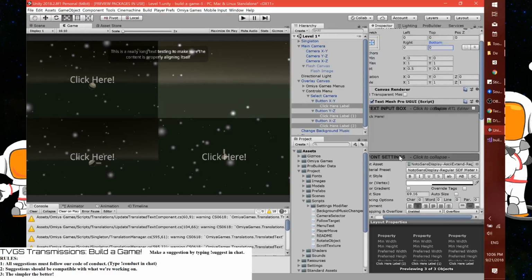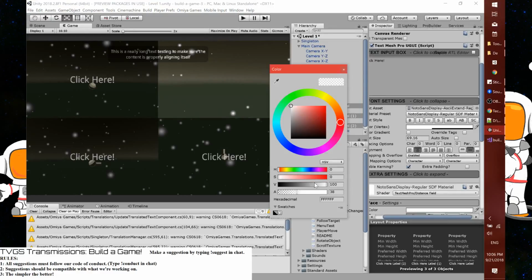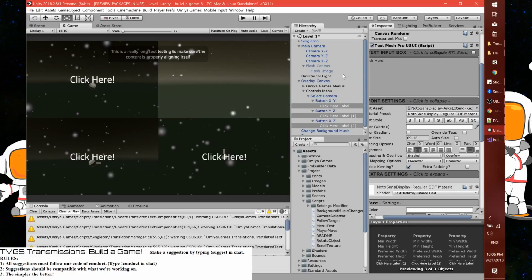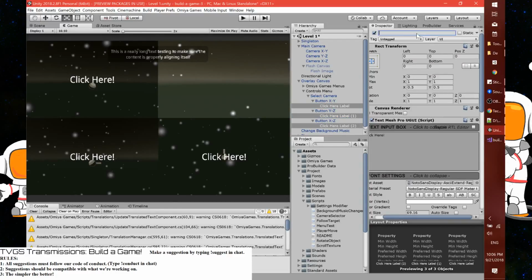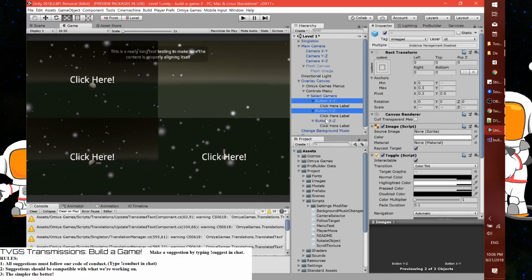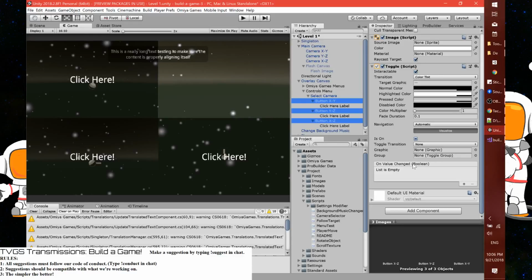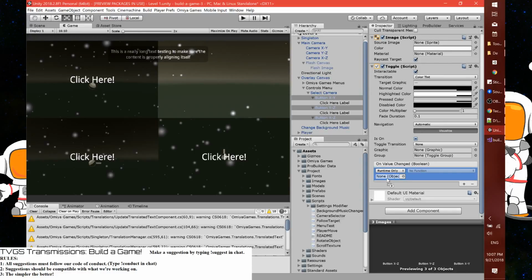It really did not like that transparency. That's a bad idea. All right, here we go. Make sure their names are correct. And then in each of these buttons, I'm going to make sure this one is selected as it is on, which is good. I'm going to say all of this should be on select camera. There we go. And then on camera selector,